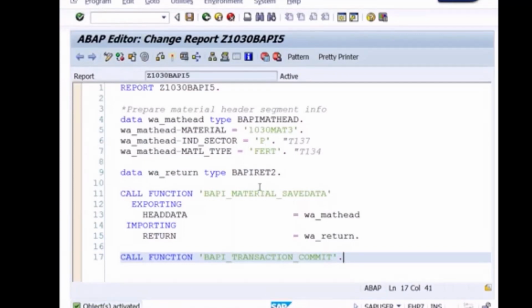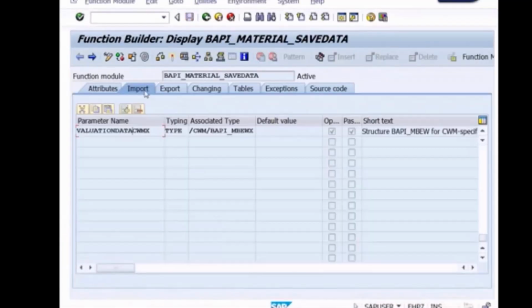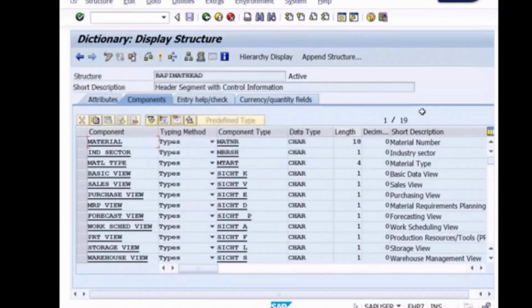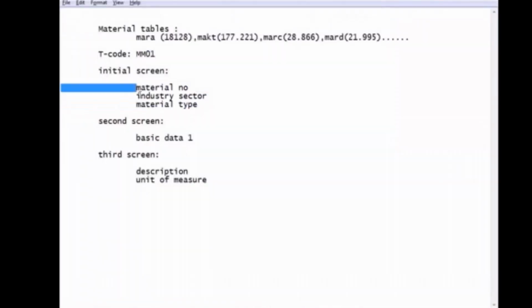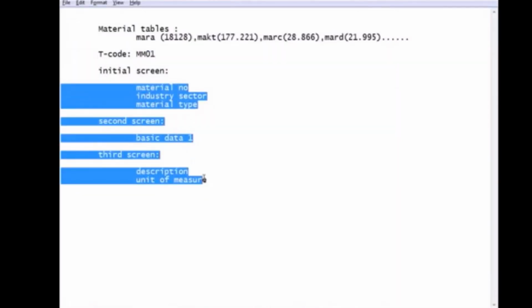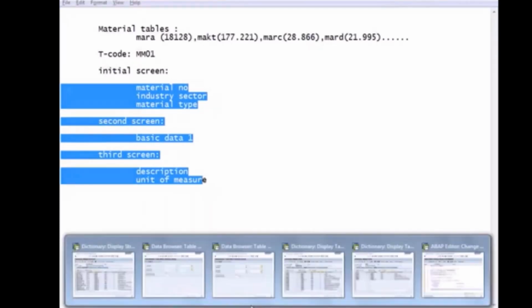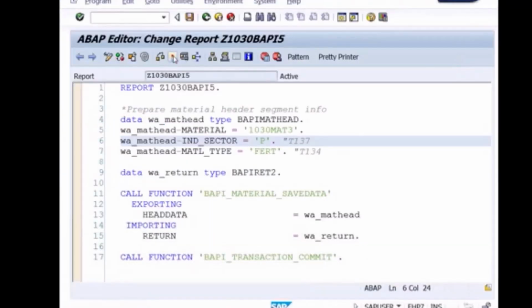So what is the approach I'm following? First, we are preparing the data only for mandatory parameters. In the mandatory parameters also, it is expecting data for around 19 fields. Out of 19 fields, I gave the data only for 3 fields. Understood? But in MM01, we just understood these are the minimum fields required to create a simple material. So let's see what issue will happen, what error will come. So when I execute this,